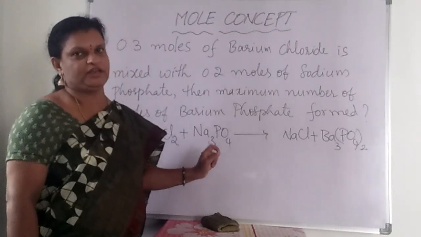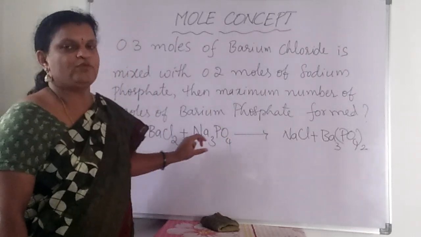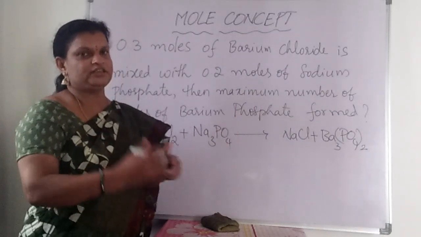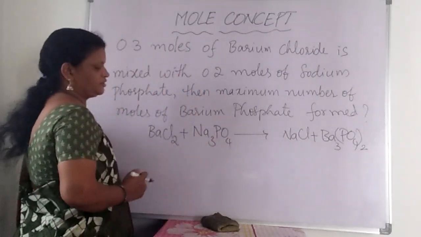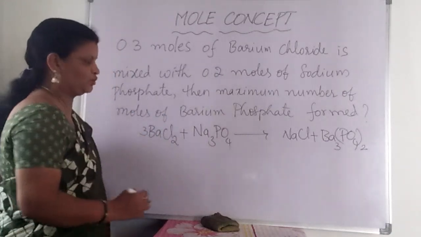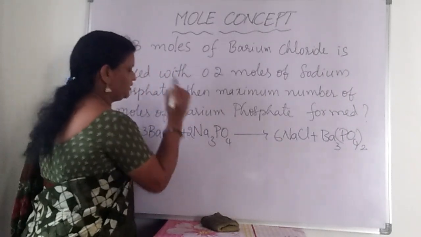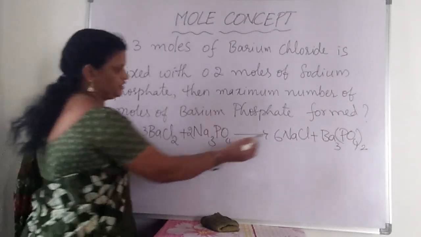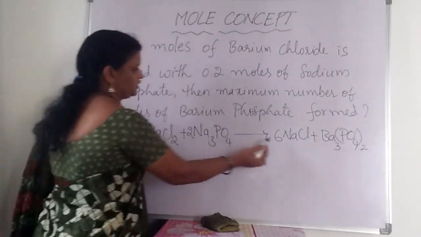For every mole concept question, if it is based on a chemical change, we have to write the balanced equation. Right. So here we got only the skeletal equation. Let us make that balanced. As barium has 3 atoms here, let us write 3 here. Then chlorine is becoming 6 here, so let us write 6 here. Then sodium is becoming 6 atoms, so let us write 2 here. Then we will check whether everything is balanced or not. Barium 3 atoms here and also 3 atoms here. Chlorine 6, here also 6. Sodium 6 here, 6 here.